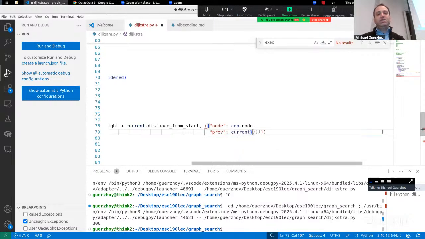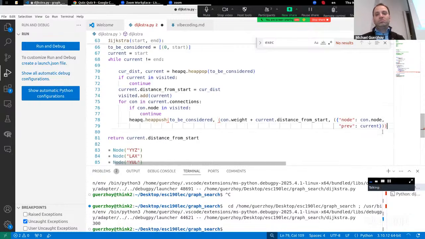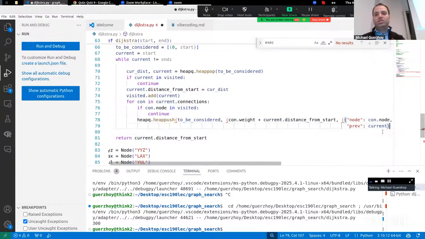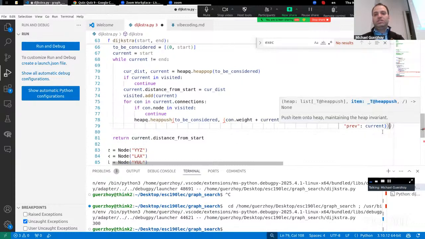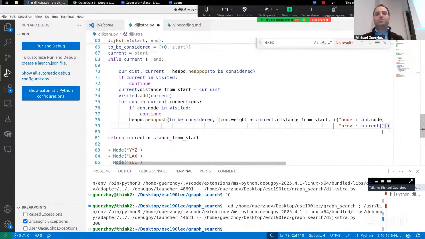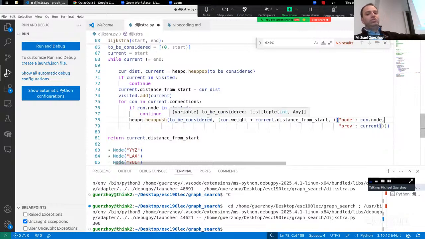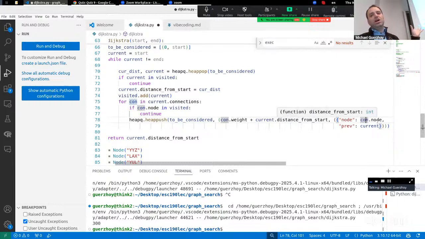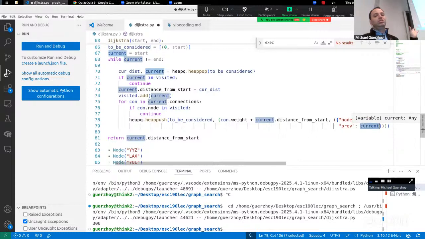And the previous is current. Let me close this, and close this, and close this. All right. So rather than saying, okay, into the to be considered queue, I'm saying consider node with this cost, and this is the node, and then the previous one is going to be current. So then when I pop it off the queue,